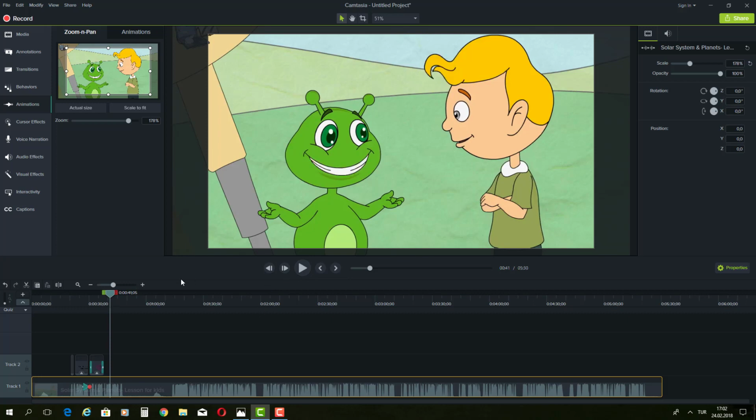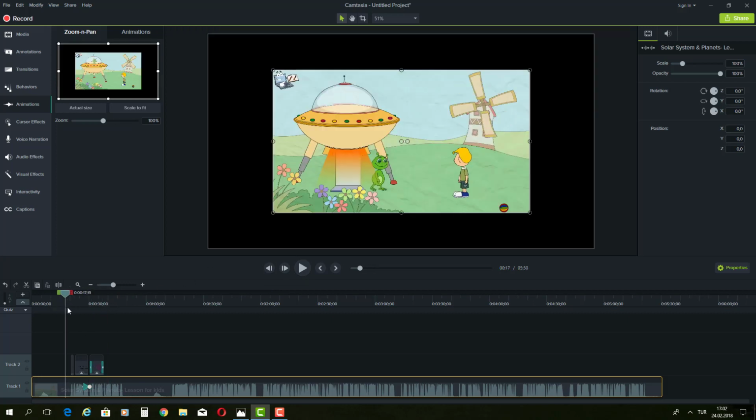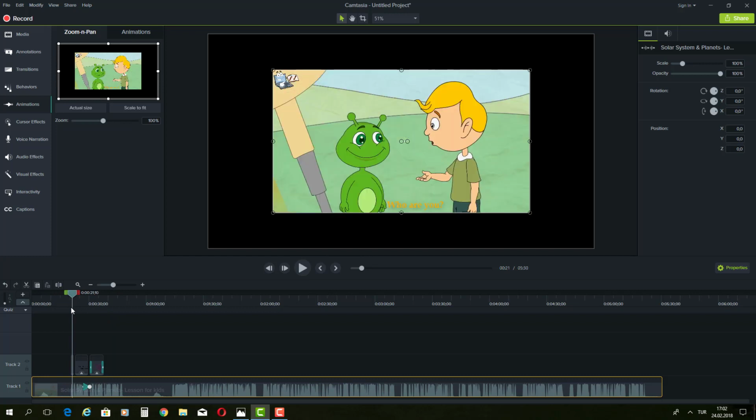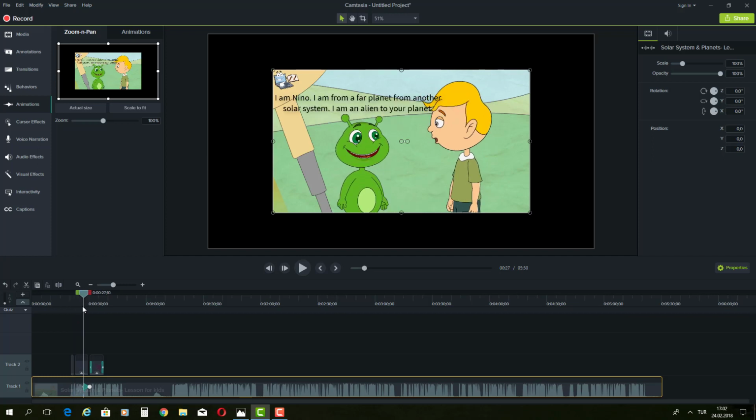So far, we have added subtitles. Okay, we have added subtitles. We know how to change the color of these, the font. Okay, and we have also